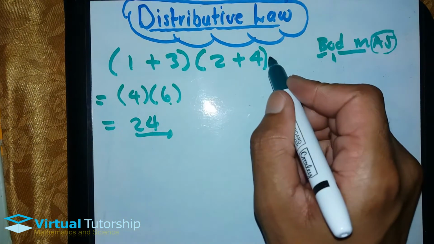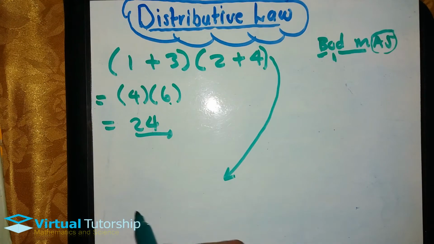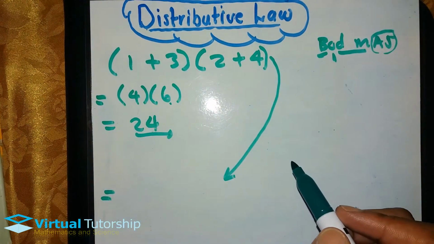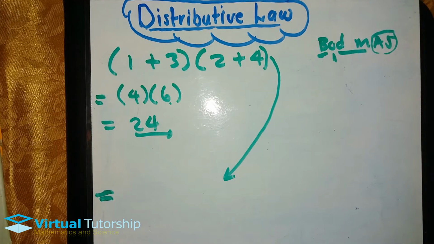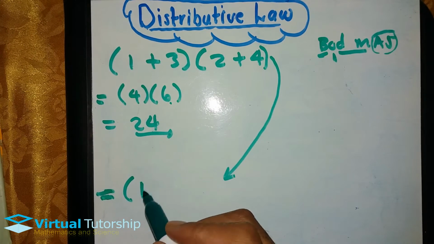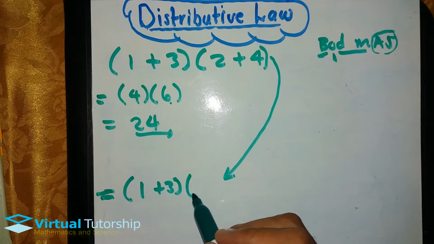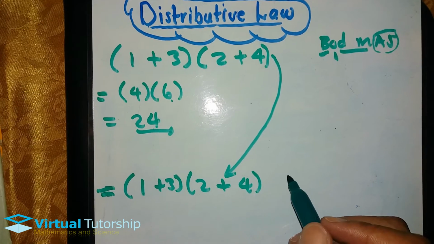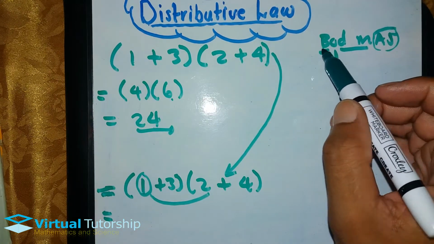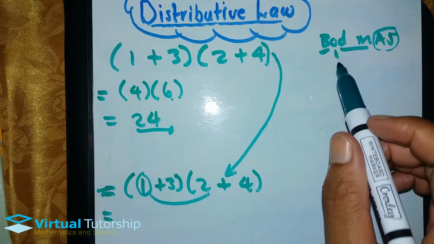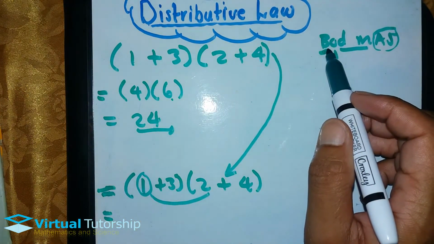So there was another way of solving this thing. We call it the distributive law. The distributive law is almost in every grade, even at university level. The distributive law is always there, so it's important to know it. So 1 plus 3, the very same thing, equal to, so this one is also multiplied by this 2. Remember we're still solving for the brackets. Here we used BODMAS for solving the brackets. Now we solve the brackets by using